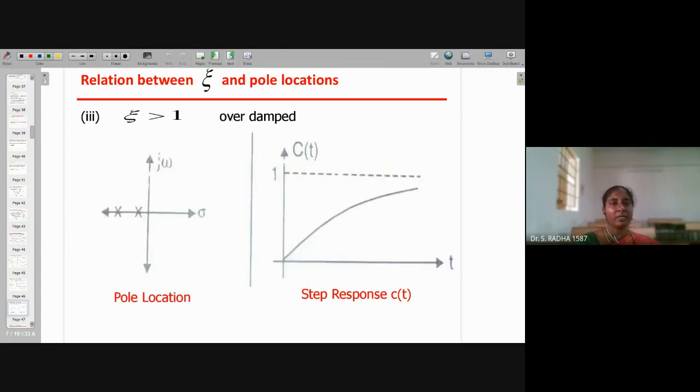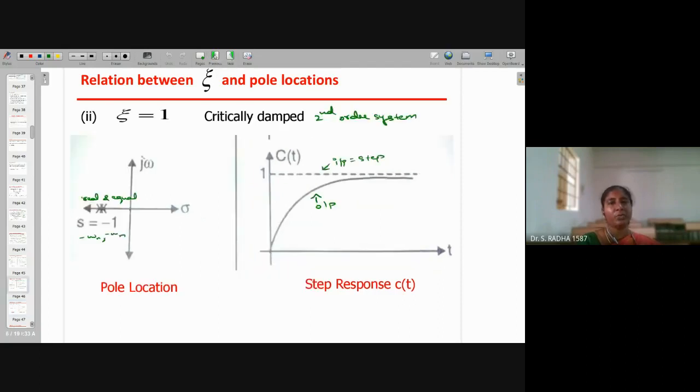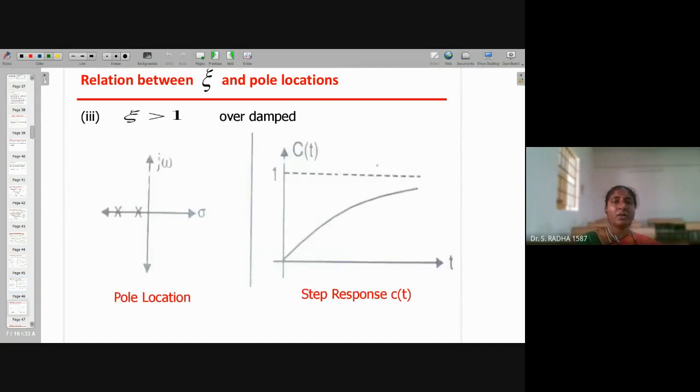Now I am going to the next case, greater than 1. I am going back to equal to 1. See the graph, output graph. It is slowly coming and reaching the dotted line. It is having a smooth, regular fashion. Now, greater than 1 means it will take long time to reach that dotted line. That is the only difference in the case of greater than 1 and equal to 1. Greater than 1 means the roots are surds. If it is a plus root b, this is a minus root b.